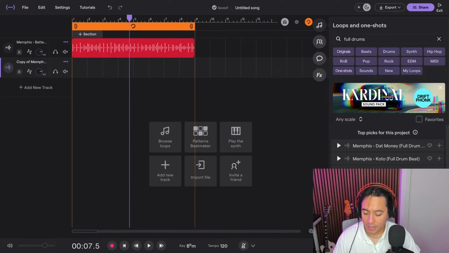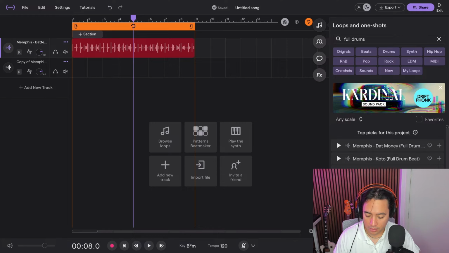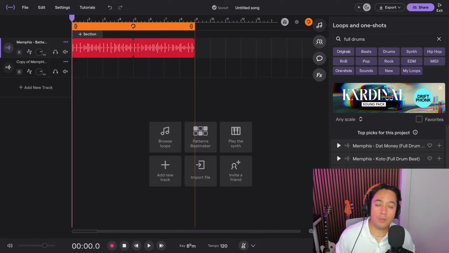Now we have Command or Control E. So mark with where the playhead is, mark the region that you want to cut. Command or Control E will cut the region right there. Most of you already know this one, but pressing space to play,